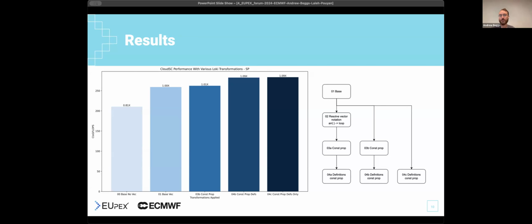Now that the compiler knows exactly the size of all its arrays, we are able to squeeze that little bit of performance out, 10%. And I want to stress again that this is a good outcome for CloudSC, but also it's a good outcome for all the physics schemes. It's not just this 10% of 10% of the IFS runtime. It's 10% of all the physics schemes because Loki is able to automatically apply it to all these millions of lines of code. So it's quite a nice result to see that you get this for free.